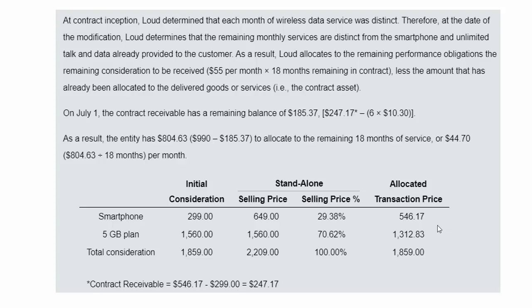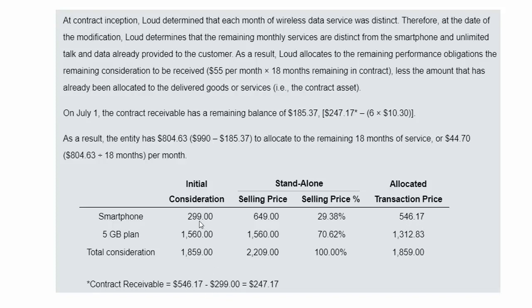Okay, and to come up with those allocated transaction prices, what we're doing is we're taking the total consideration of $1,859 times 29% to come up with $546 and spare change. And we take that same amount times 70.62%, come up with $1,312 and some change, okay? And that's how we come up with the total consideration. Now, probably the next piece of the analysis you need to understand or focus on is how did we come up with this contract receivable? Well, we allocated $546.17 to the smartphone, and the initial